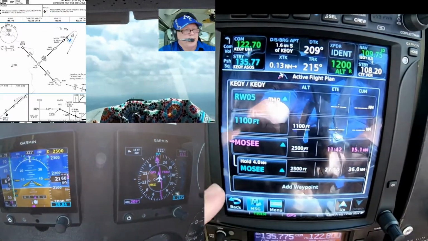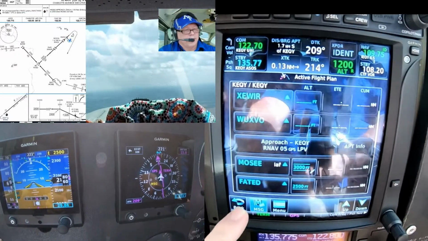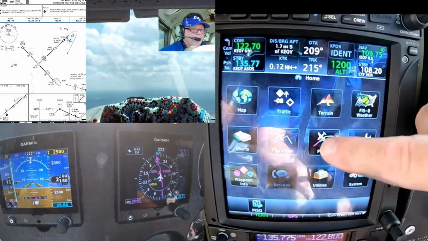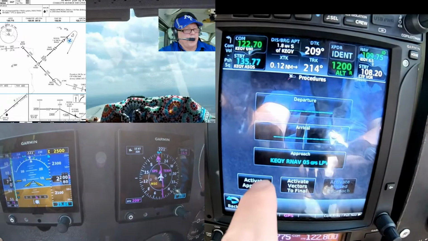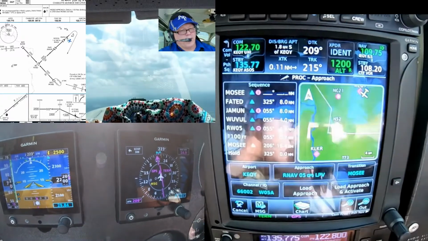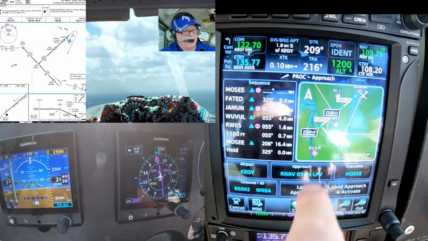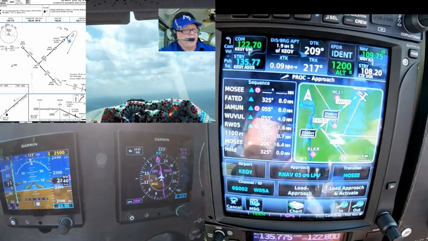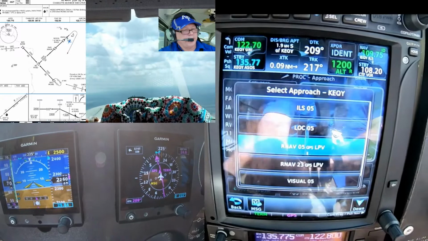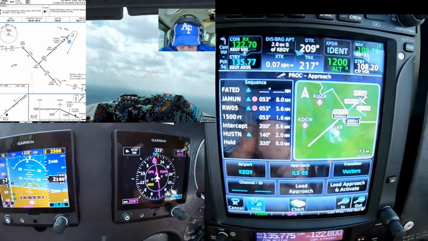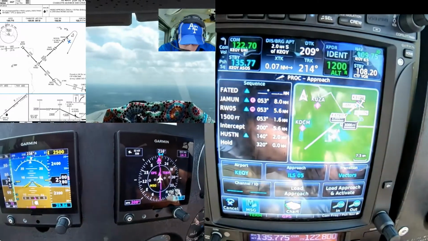And what we can do is go back to the main menu, is one way to do it. The procedure. And what we want to do is change the approach. Right now it's showing that this is the approach in the sequence. Shows a little map of it, right? But we want the ILS to runway 5. We'll select that. And in this case, we're going to do vectors to final, which, when you go back to